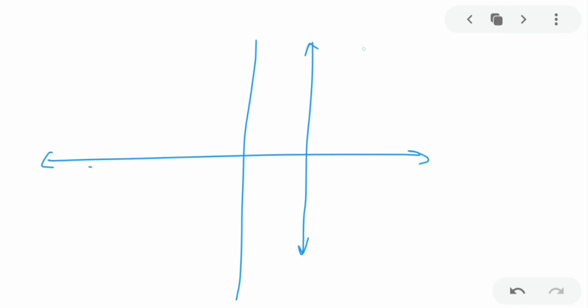Correct? Once you sketch them onto the graph, they will intersect somewhere. Suppose I sketch them like this on the graph. Suppose this is the one equation line, this is other equation line. They are going to intersect somewhere, correct? And what kind of triangle they are making with y-axis?